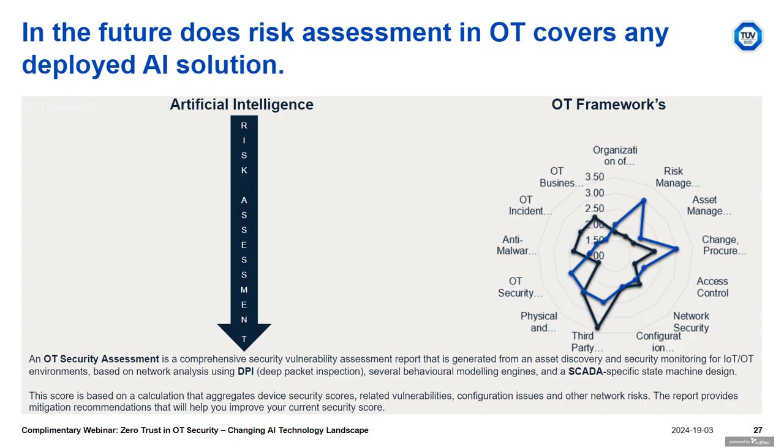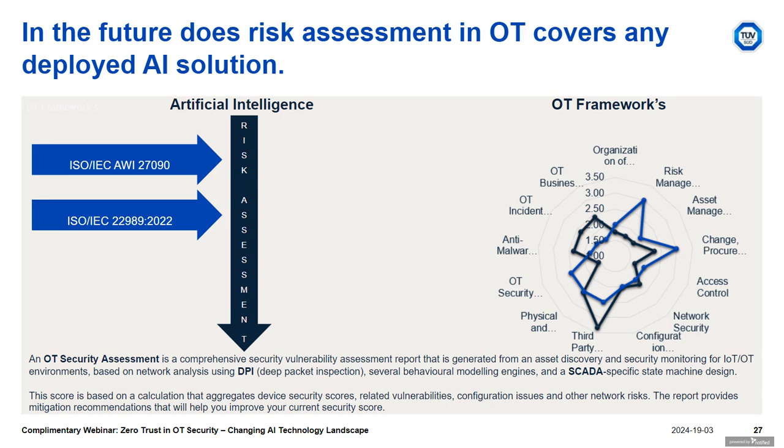in the OT environment. So now it's also important for organizations using any AI solutions in this space to consider that the use of AI technology in the OT space is steadily increasing and offering benefits such as improving process automation, which goes along with preventive maintenance and anomaly detection. However, deploying these AI solutions introduces new complexity in OT risk assessment, and consideration of these AI standards should be given when you're performing the OT assessment.